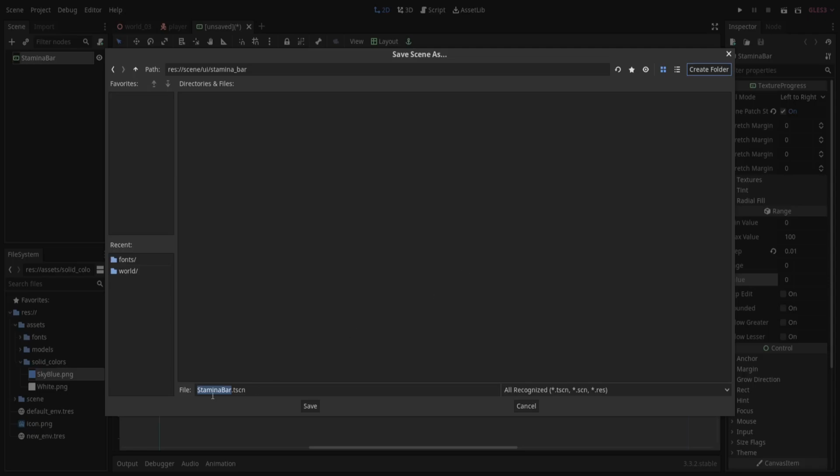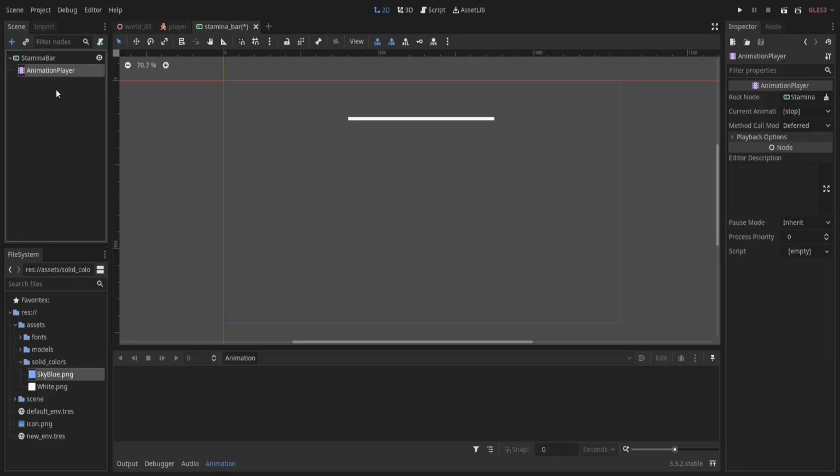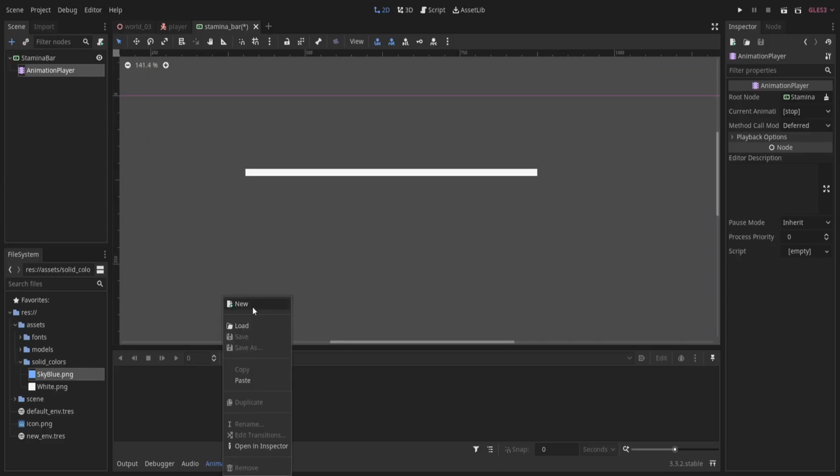So I'm going to save it as stamina bar scene. Now let's create a quick little animation for fading in and fading out this stamina bar.